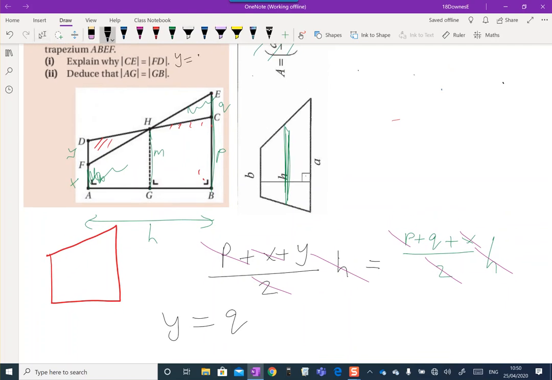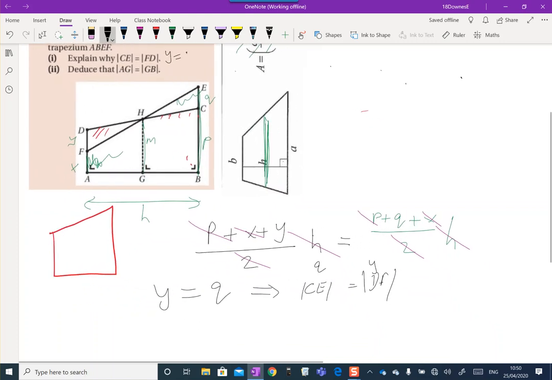U, which implies that CE, which is Q, is equal to DF. Which is of course Y. Okay. And then we've probably at this stage got every bit of work that we need done, but let's figure out what this is. From A to G, deduce that A to G is equal to G to B. It had to be anyway, but